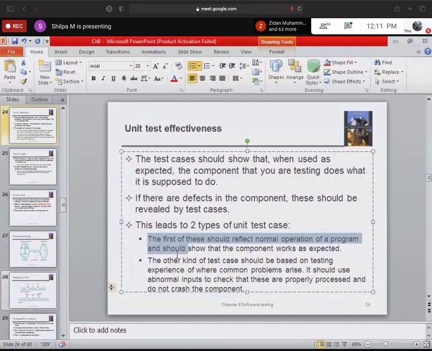One tests the normal operation of the program, and the other tests some of the common problems that might arise. I can give you one example.